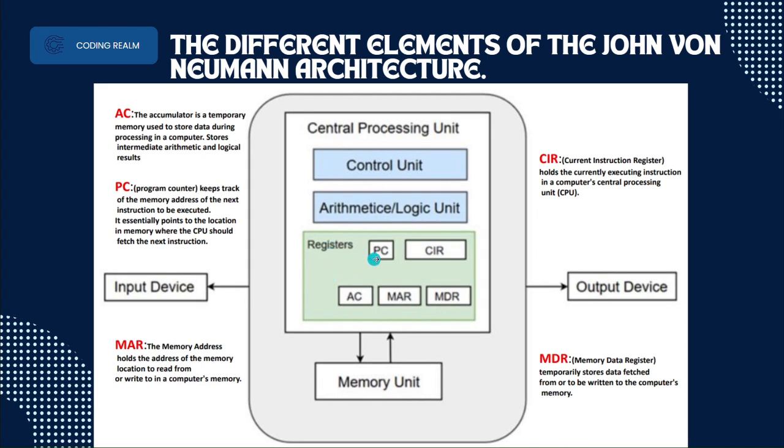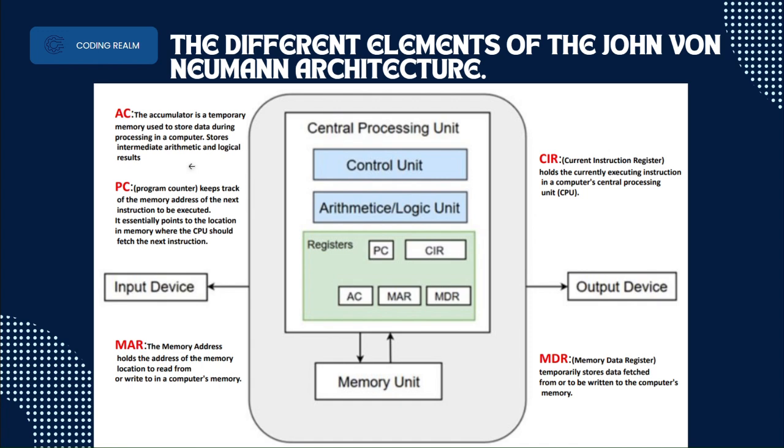In the registers, we have the PC, CIR, AC, MAR, and MDR. Now let's see what the AC is. AC is the accumulator, a temporary memory used to store data during processing in the computer, storing intermediate arithmetic and logical results. The PC, or program counter, keeps track of the memory address of the next instruction to be executed. It essentially points to the location in the memory where the CPU should